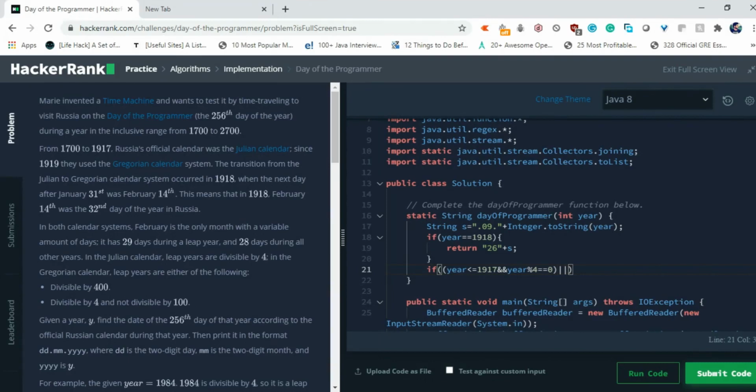Now for the Gregorian calendar, if year is greater than or equal to 1919, because in 1918 we have already handled that condition, and if it is a leap year, there are two conditions in the Gregorian calendar.